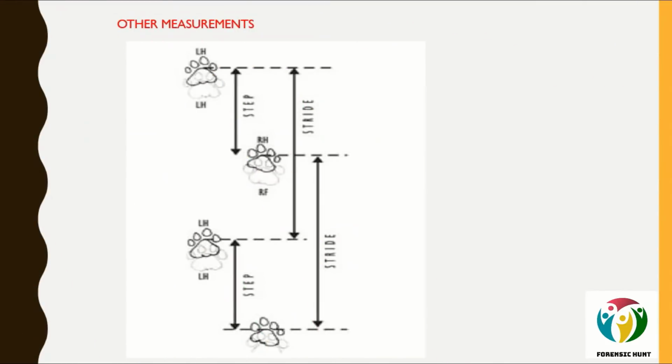Now the other measurements that can be taken from the pug marks are stride length, step length and the straddle length. For such measurements, you have to take a walk in which the tiger has moved with a normal speed. First of all, why are we studying these measurements? Stride measurements help in distinguishing between tigers with similar size pug marks. That is, the length of the stride helps in distinguishing the pug marks made by a tiger cub from those made by an adult leopard.